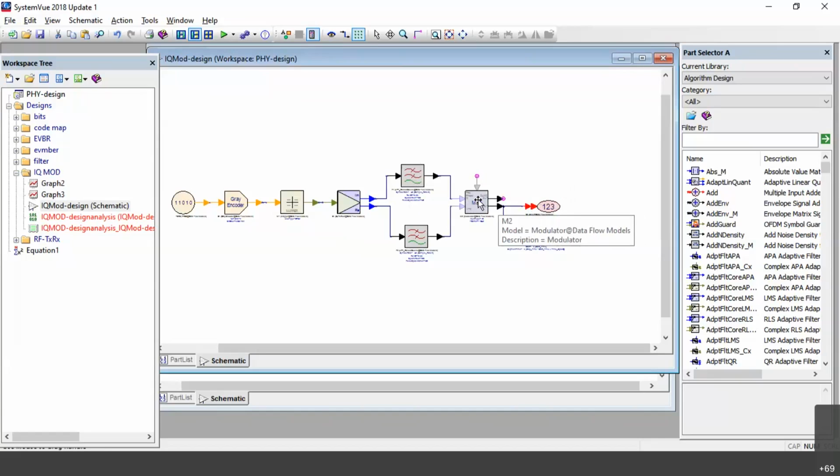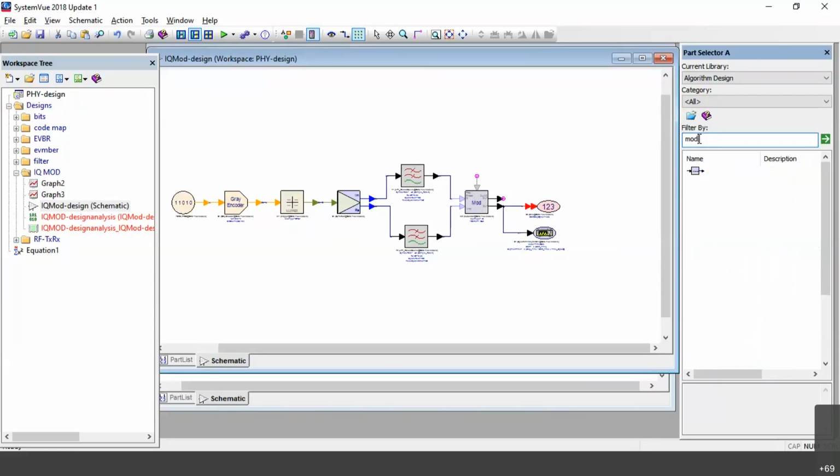Next, you need to use the modulation technique. Go for the part selector. Let it be algorithm design. Go for modulation. Click on the filter modulation.